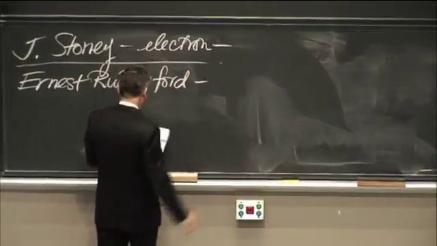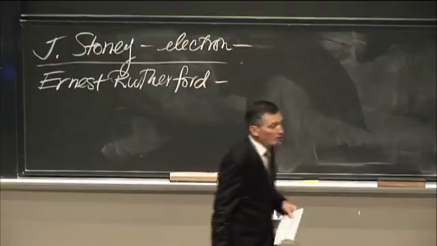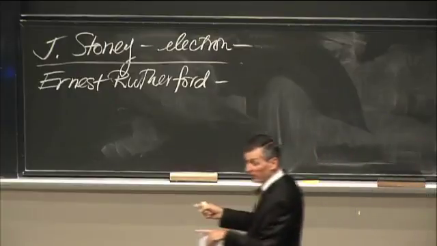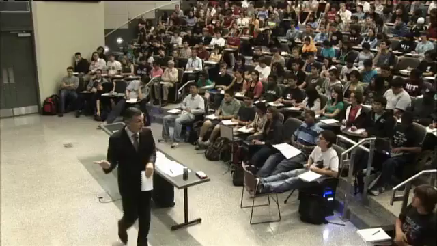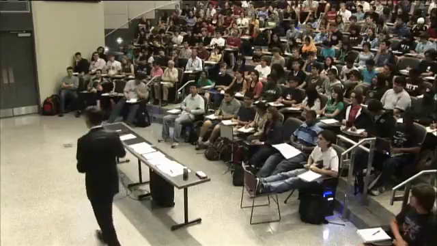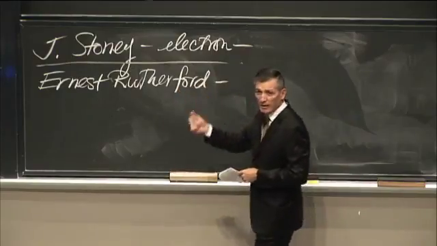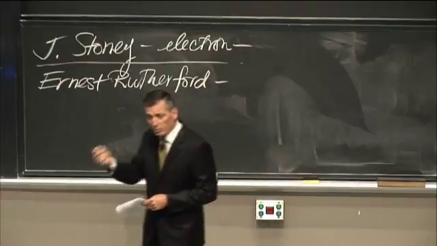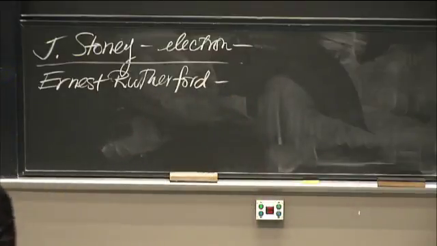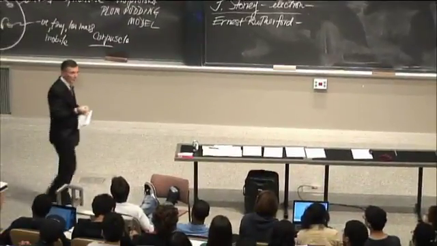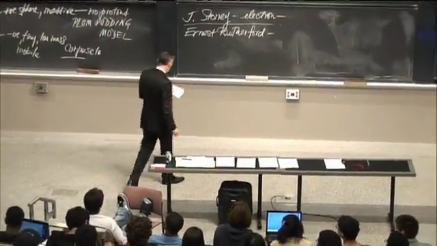Rutherford is an interesting character. He came from New Zealand, and he was born on a farm. It was a family with 12 children. You notice Mendeleev came from a family of 14. This guy comes from a family of 12. So you learn how to survive. He worked on a farm, so he was very handy, and that came into play as his career progressed. He was a brilliant experimentalist. He was able to do experiments where others failed.